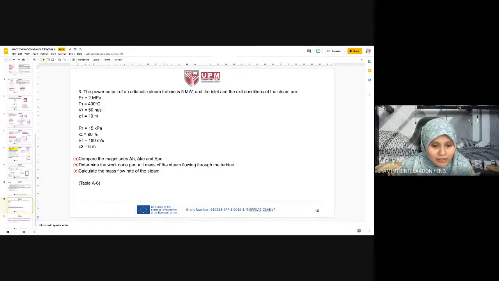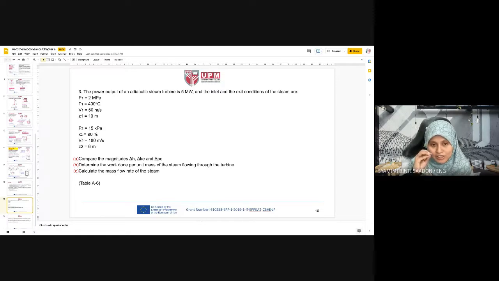Okay, so this one. If you haven't tried yet, try to understand and think about these questions. So it's about an adiabatic steam turbine. I've written here to look at table A6, but actually at least you understand first. Once you get a problem about a case concerning thermodynamics, especially about the first law, energy balance, etc., try to locate first